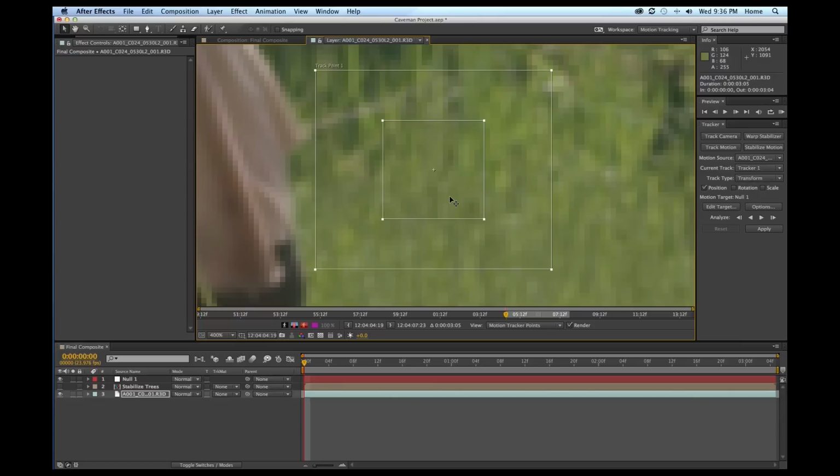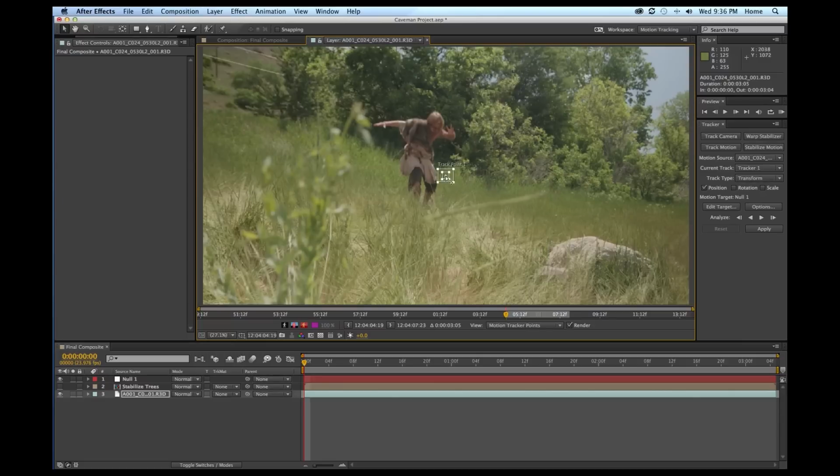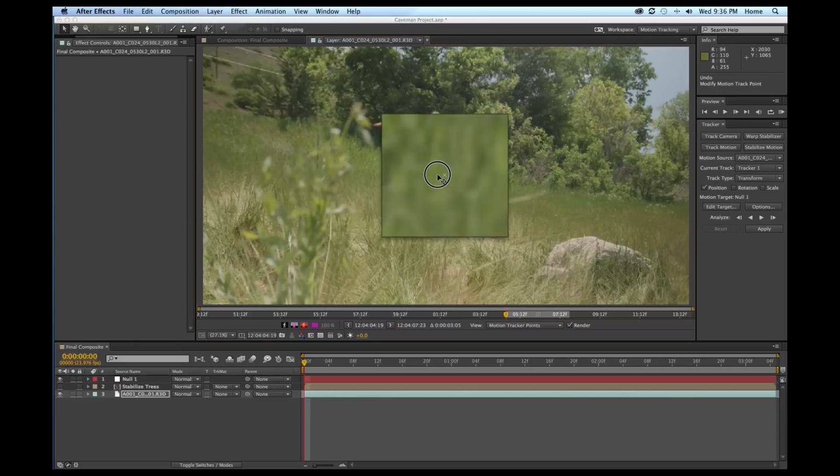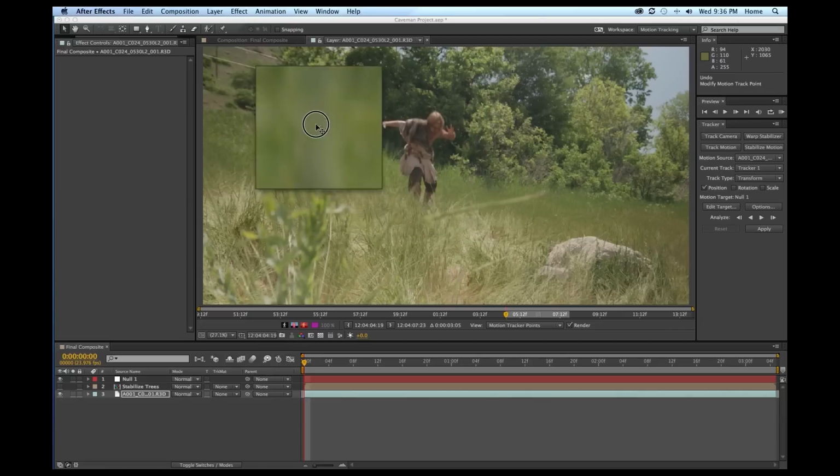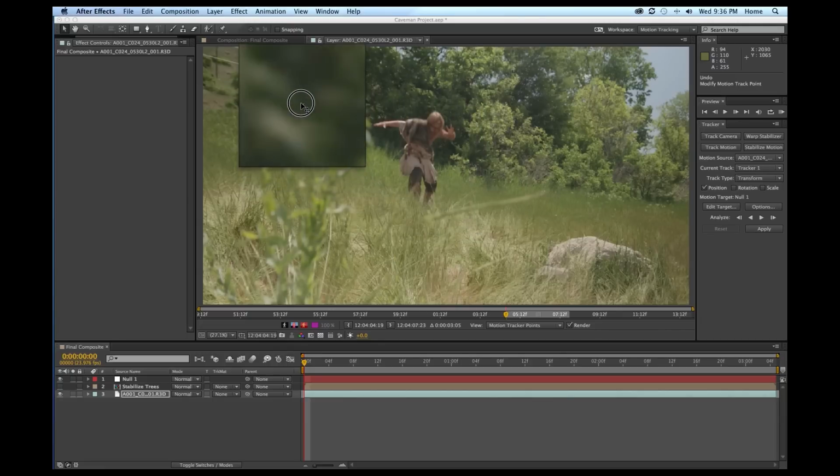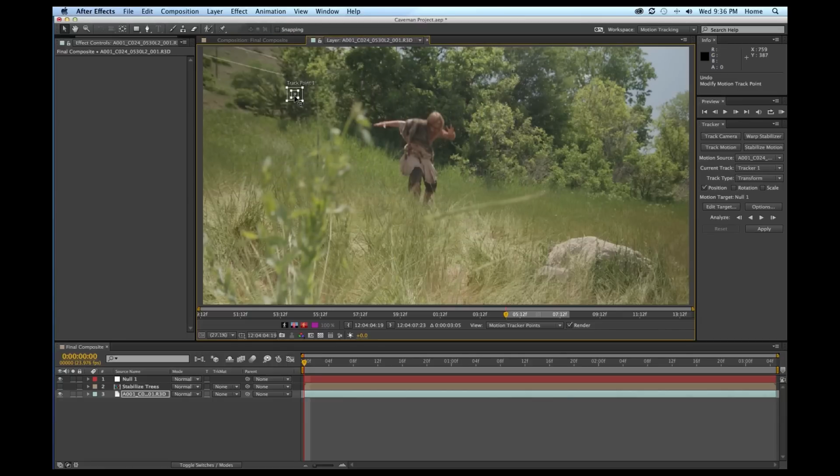So I'm going to zoom out by hitting Shift question mark. I'm going to reach inside my tracking point here. Make sure you don't grab the pixel crosshair right there. If you do, undo. But you're going to reach into a blank area here, grab this thing, and start moving. You'll know if it's moving because it will zoom up. I'm going to go up to this tree area, and I'm going to attach it around this dark area right